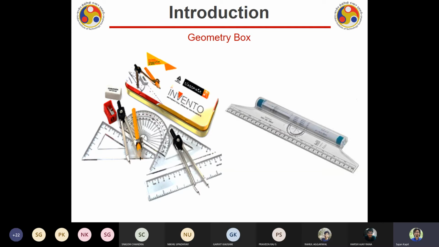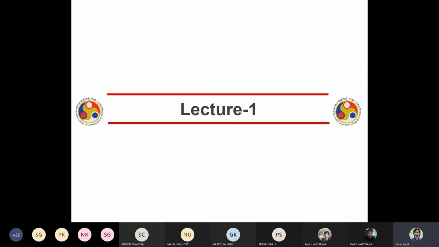Of course, it should have a D also, and a ruler, or instead of set squares, you can buy this type of arrangement also, which can be useful to draw the parallel lines. So all of you buy this. I don't want to hear that I have not said it earlier. Today I'm telling you, buy it today itself or maybe tomorrow. All of you should have this geometry box with you.